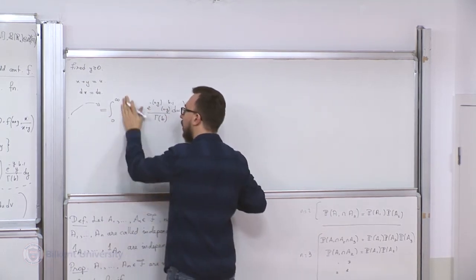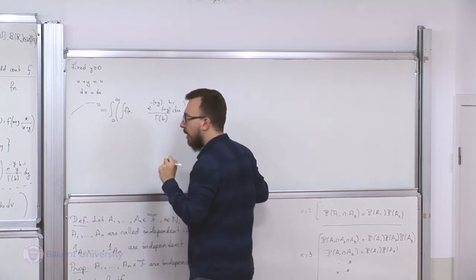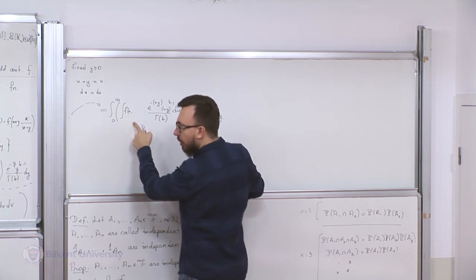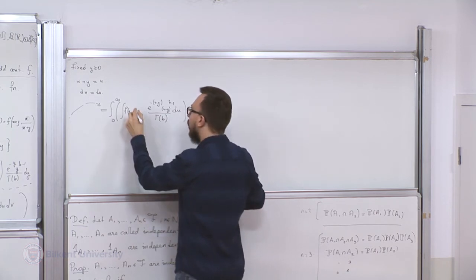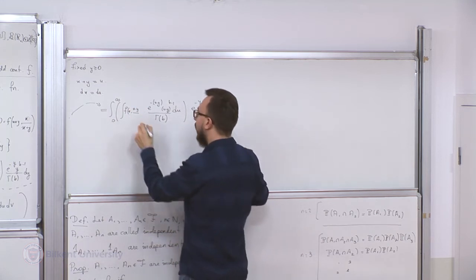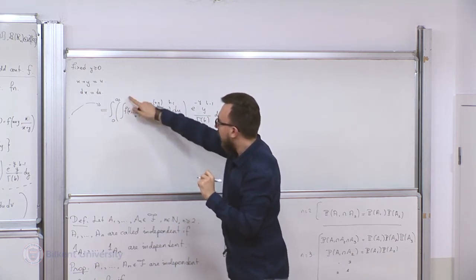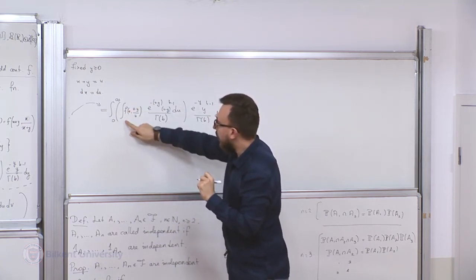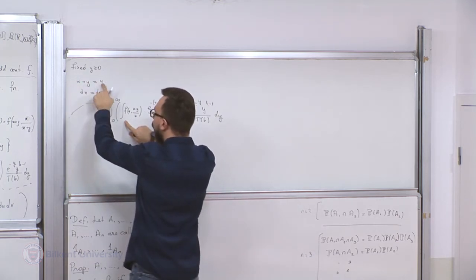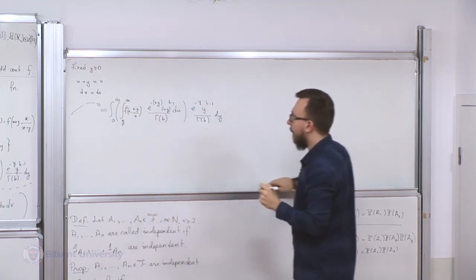So this is f(u), and what is my x? Well, x is u minus y, and x plus y is u. And now comes the limits of the integral. So x starts from 0, so u starts from y. y is fixed here, goes to infinity.